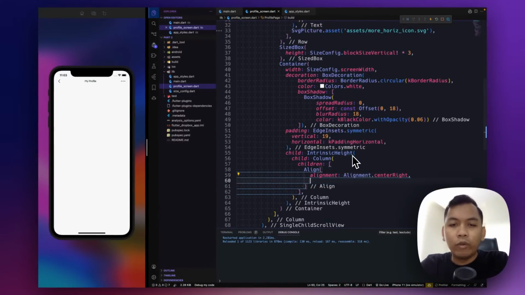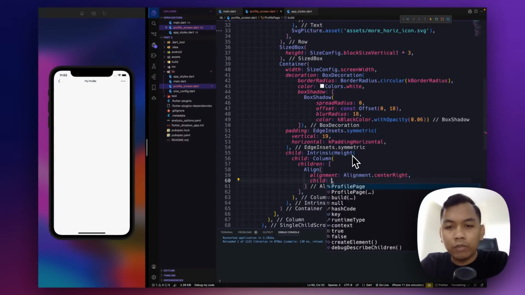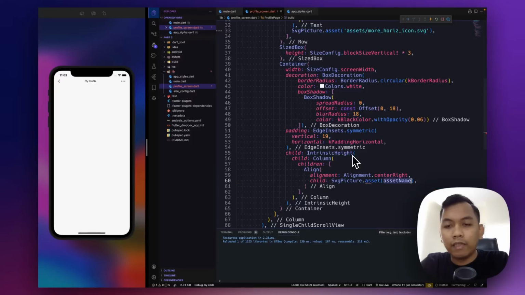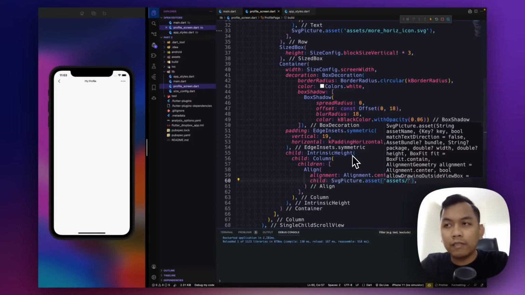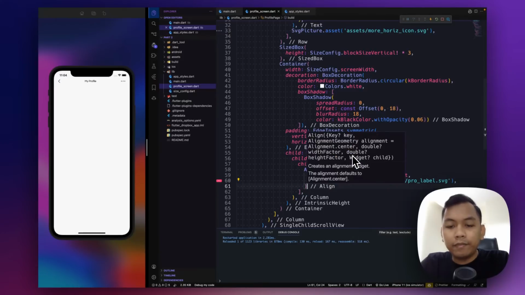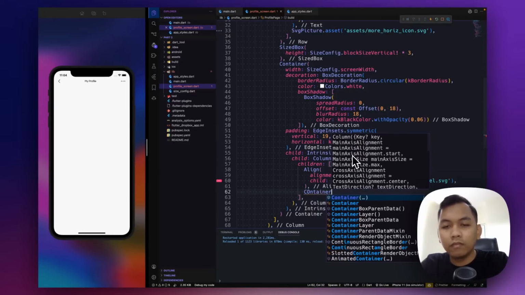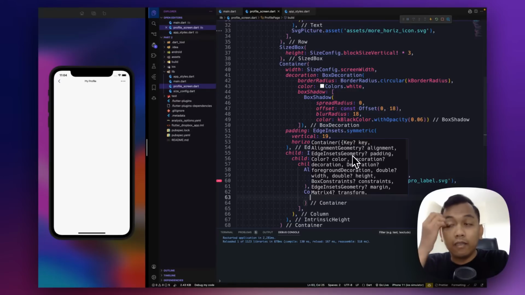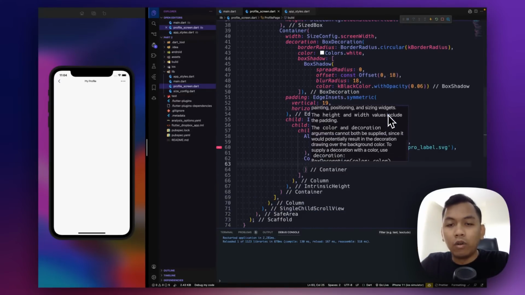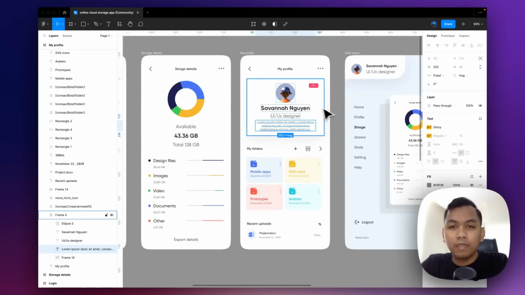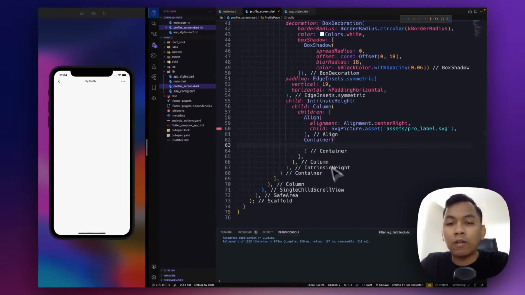And here we need to add child, and the child will be SvgPicture.asset, and we call our assets pro label.svg. All right, and the next we need to add a container,